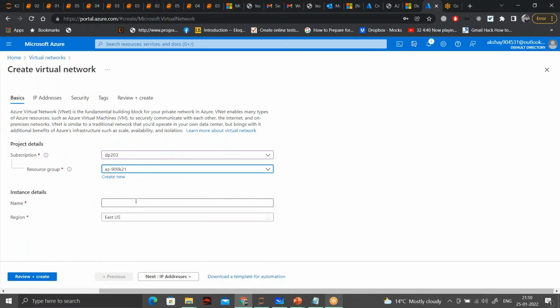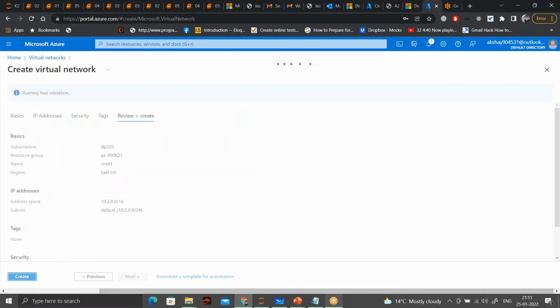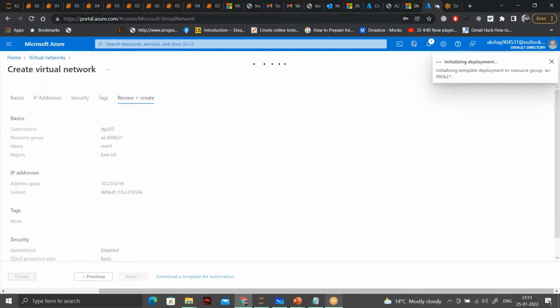I'll choose the resource group that I had created yesterday. I will give this a name, VNet1. Then I'll simply click on review and create and check whether validation has passed. So this has passed. I'll click on create. It won't take much time to provision.